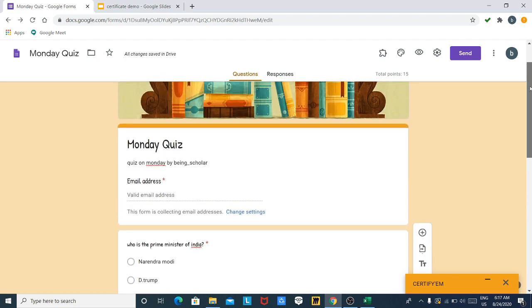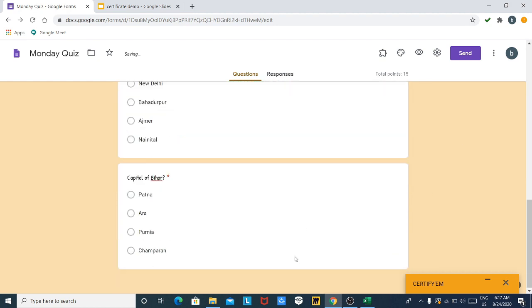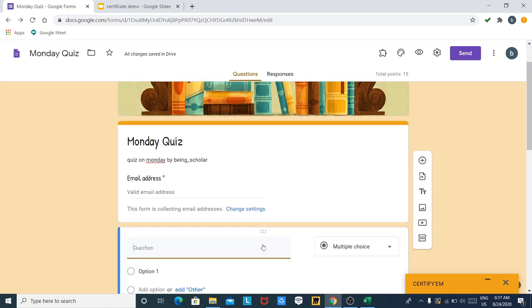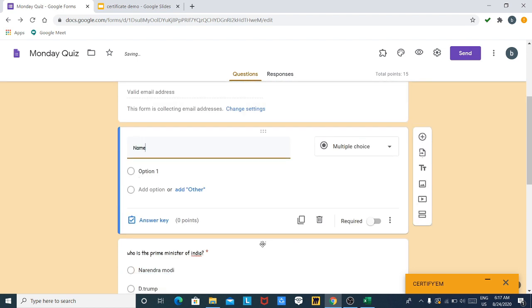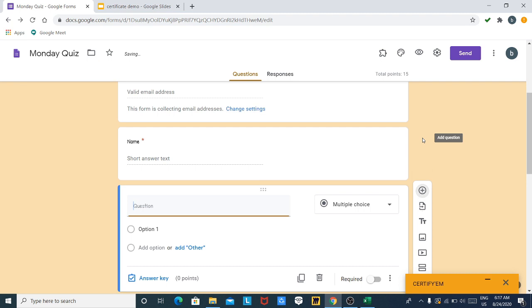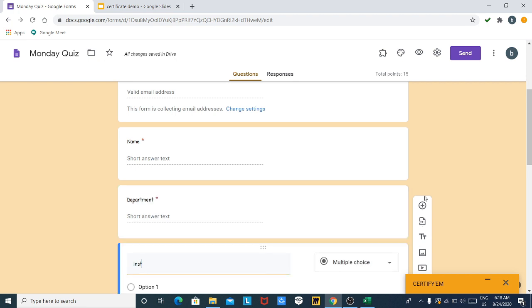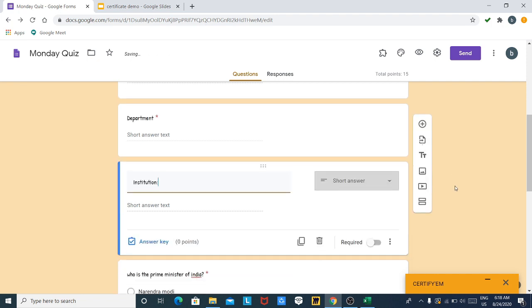So in order to take details, click on this plus button, enter name here, make this a required question, click on plus, then enter department here, make this a required question, then add institution so that the participant can enter their institution name.